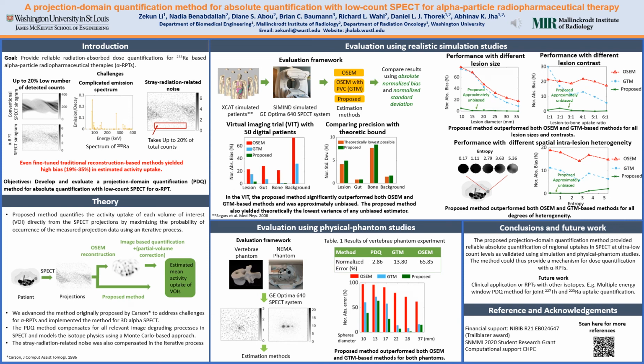Radium-223-based alpha particle-emitting radiopharmaceutical therapies, in short, radium-223-based alpha-RPT, is gaining increasing clinical significance. It is important to provide reliable absorbed dose quantification for this alpha-RPT. However, this is challenging due to the low number of detected counts, the complicated emission spectrum of radium, and the stray radiation-related noise. According to previous studies, even fine-tuned traditional image reconstruction-based methods yielded high bias in the estimated activity